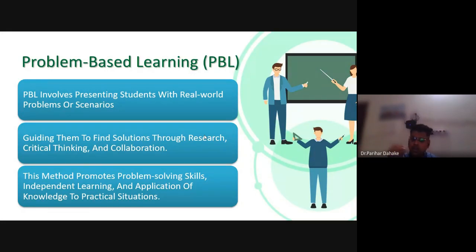You need to describe the problem of this society in front of them. You need to discuss the background of the scenario. You need to discuss the future outcome and the benefits of that respective problem, where these students will come up with their own thoughts and their own solution to make your country proud. And how will you do that?